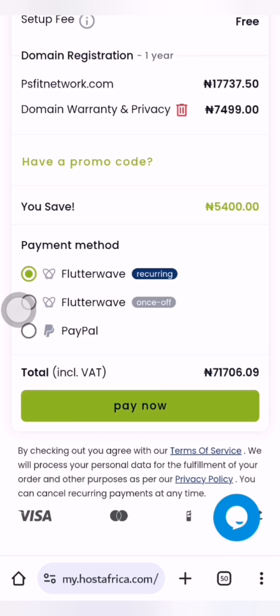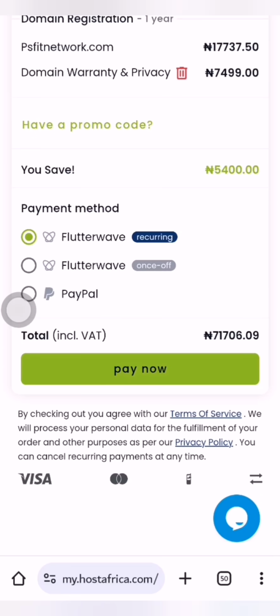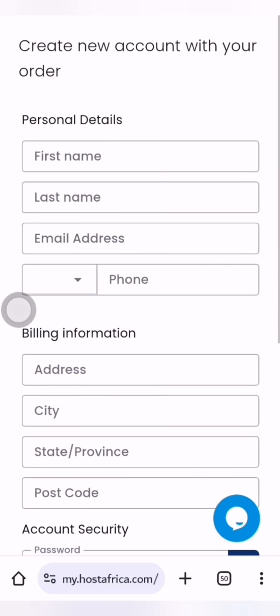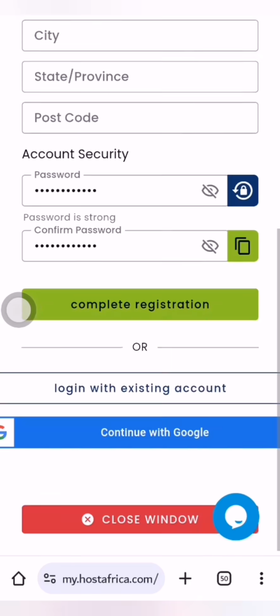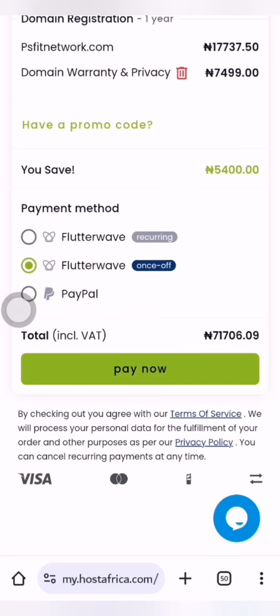71,706 naira. Now these are the payment methods. They were using Flutterwave. Recurring means you always pay through that method. A one-off means you just pay once. Once you click pay now, it redirects you to this. You create your account first. After creating an account, you click complete registration, and it takes you to a point where you pay with your card. Most of us have used Flutterwave, right? So with this one we're paying 71,706 naira,